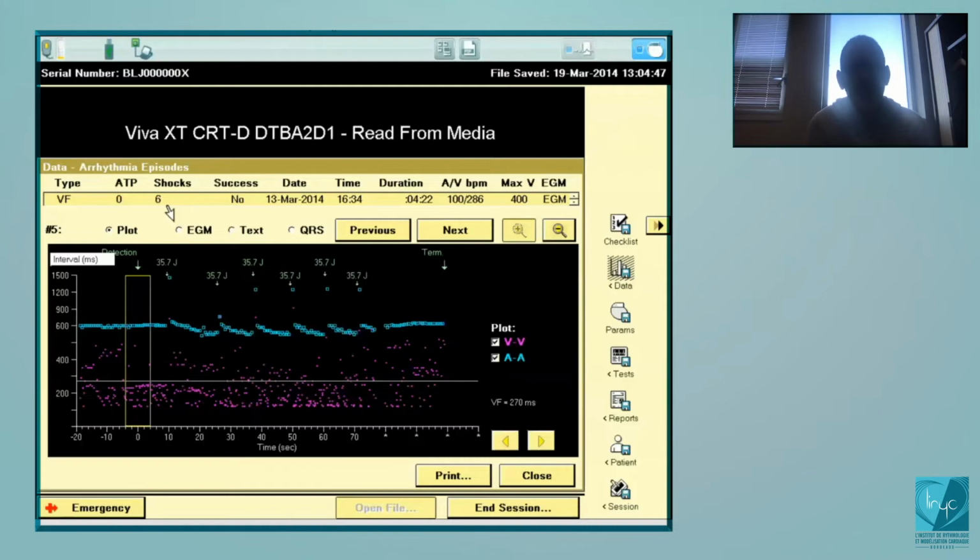And you see in this situation that the patient received 6 electrical shocks. In Medtronic devices, for one episode of VF, you can only receive 6 electrical shocks, and this is the reason why: you could program more, but if it is inappropriate, I think it's better that you stop after 6 electrical shocks. If you click on the EGM,